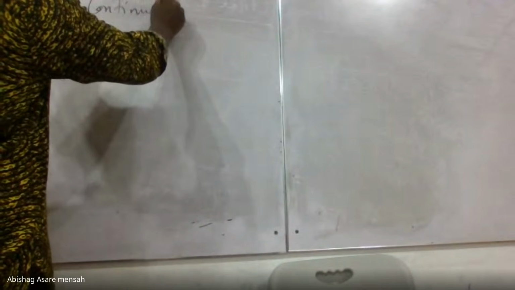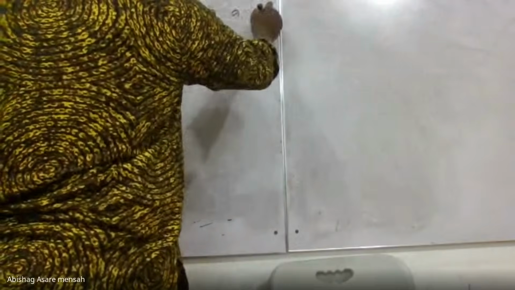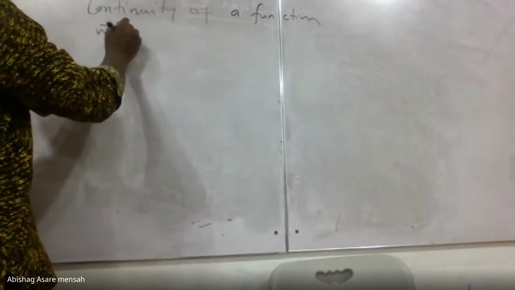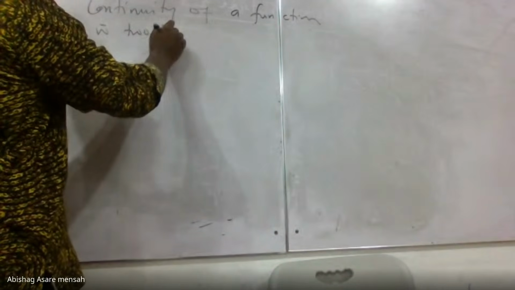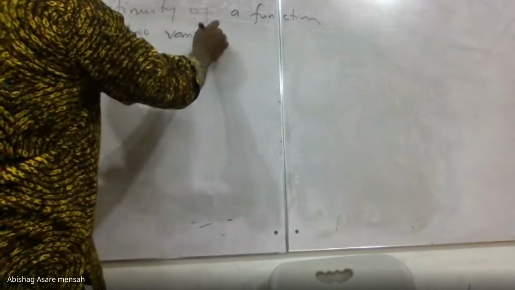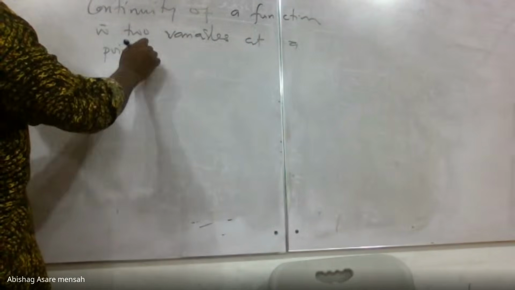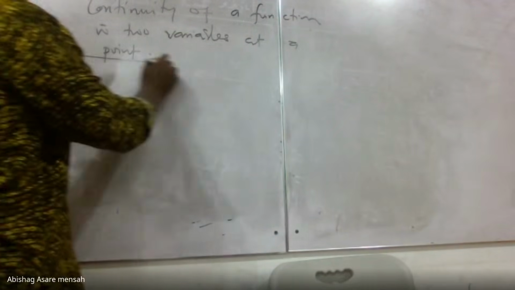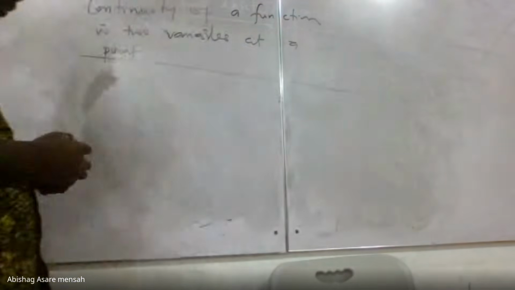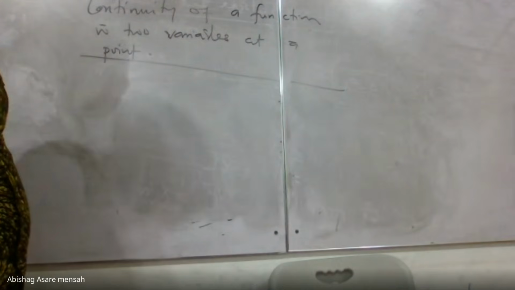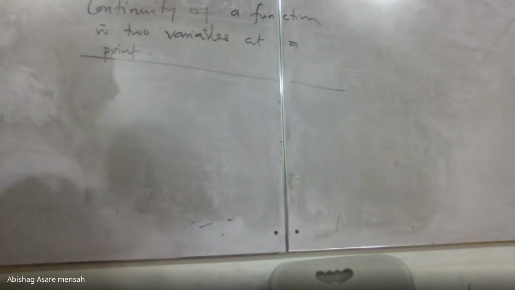Continuity of the function with two variables at the point. Which part of the function is continuing